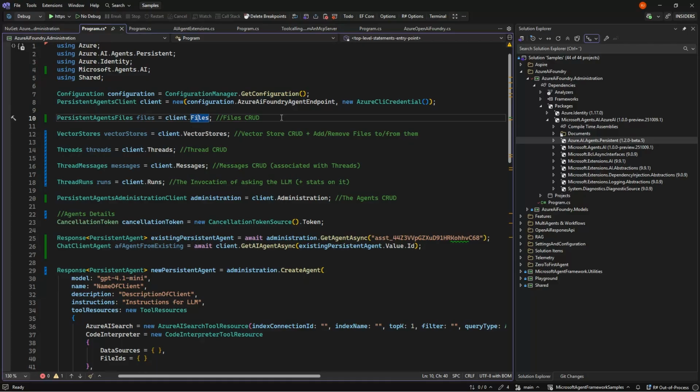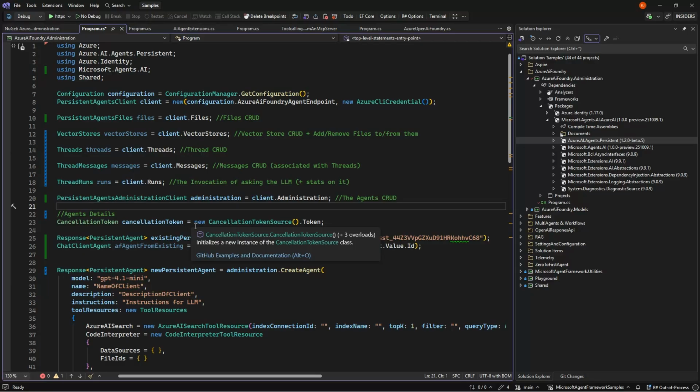That could be PDFs and Markdown and such things that we want to later then expose to a vector store, which we can also do the CRUD operations of here. And then we have all the underlying parts of an agent, the various threads, meaning the conversations, the messages inside those threads, and the runs of those threads. This part we will not use, and messages not really either, but threads and agents are the main two parts that are linked to the agent framework.